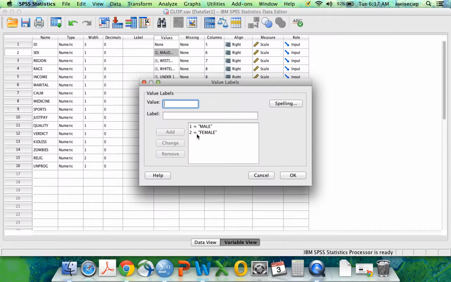So what I'm going to show you how to do with this variable and another variable is I'm going to show you how to go through the process of creating an actual dummy variable or a real nominal variable out of this. Okay,